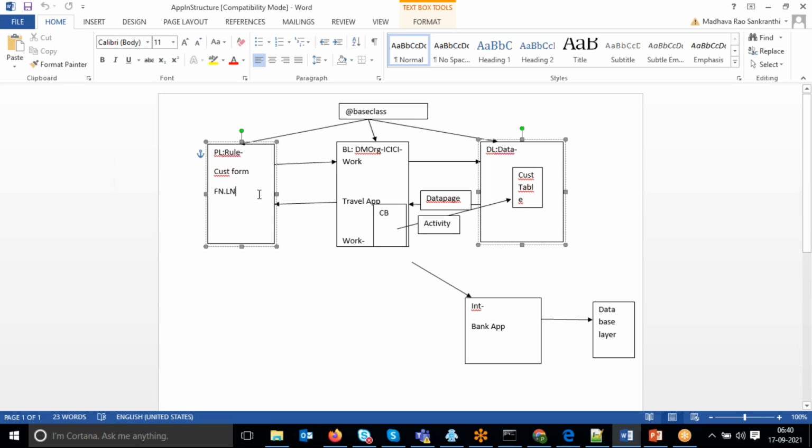To design the three parts, different languages are available.